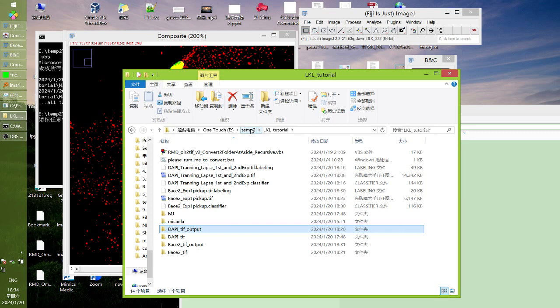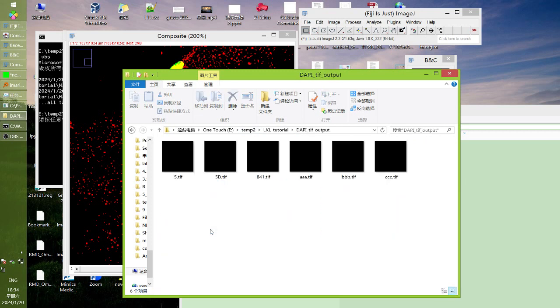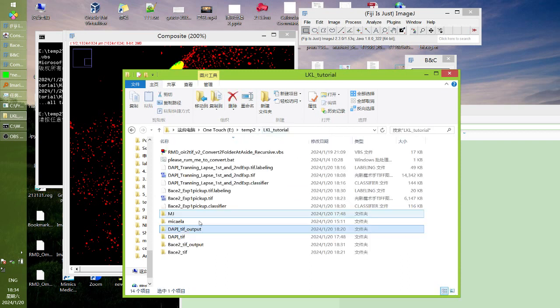We can reuse them in the next experiment if we find the previous classifiers are not good. And we get the mask output files, and this mask output folder contains the materials required